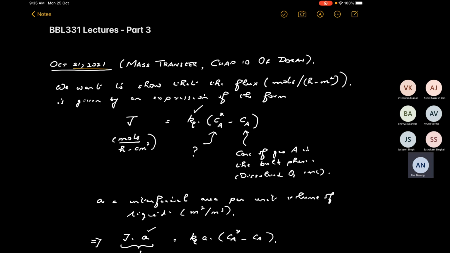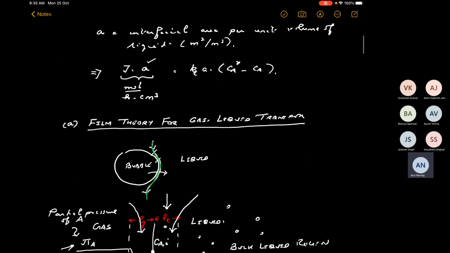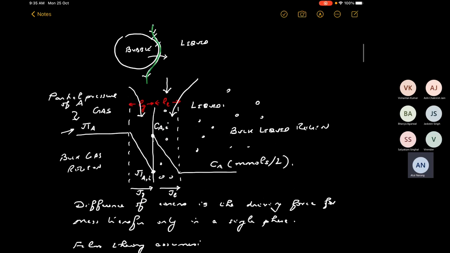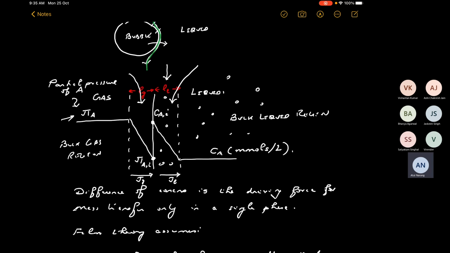We started off with a very general model, reduced that from a very complicated model to a simple model involving only two films or boundary layers on either side of the gas liquid boundary, that is to say, the boundary between the bubble and the liquid. And this was the original picture we started off with, under a series of assumptions, that the concentration of the gas in the bulk phase,